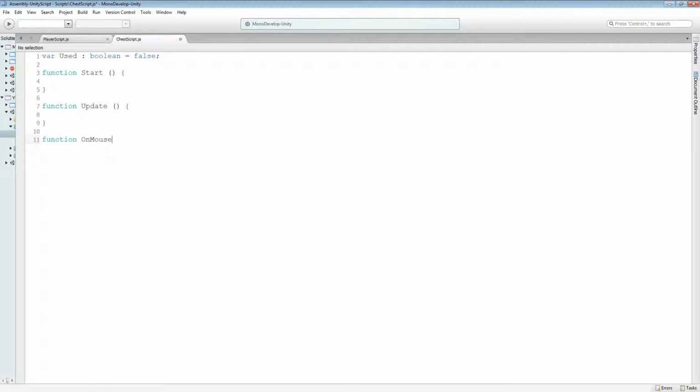So, now in the chess script, we're going to do function OnMouseDown, like this. So function OnMouseDown, what we're going to want to do in, actually, sorry, I should be, no, don't worry. Sometimes MonoDevelop works better in certain ways, but I think it's only for C#. Function OnMouseDown, what we're going to do is set used equals true, and then,